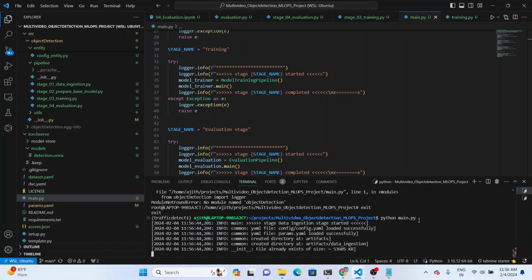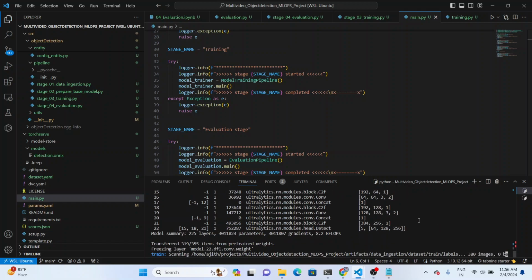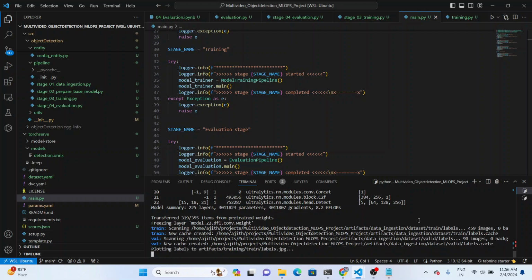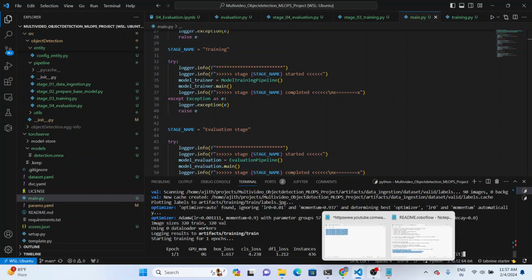So it will run right from the data ingestion stage, then it will start to train. So okay, once the training is over,